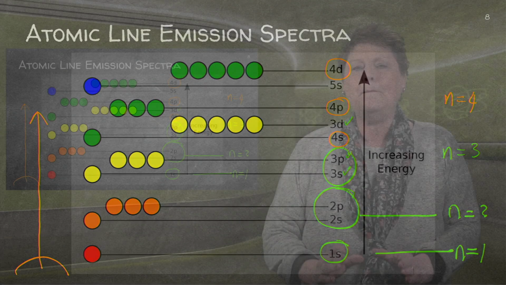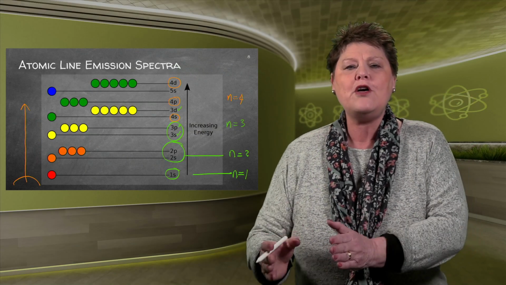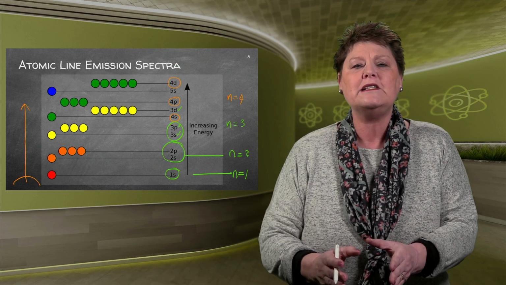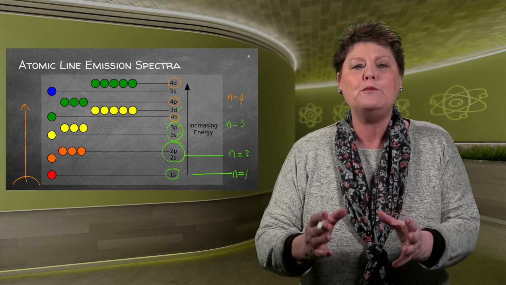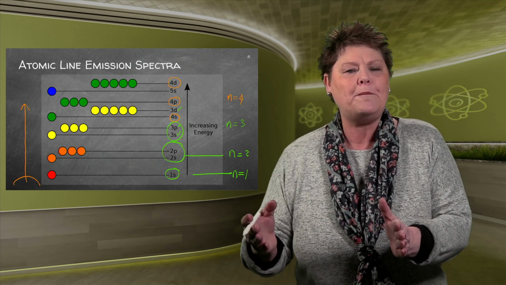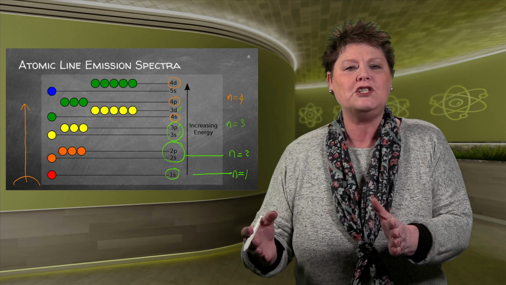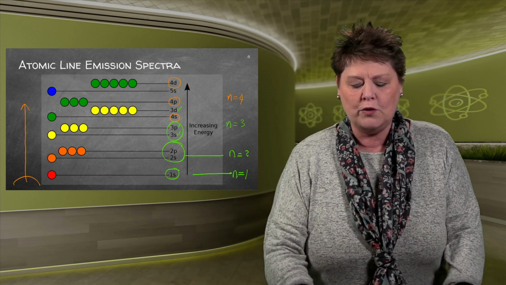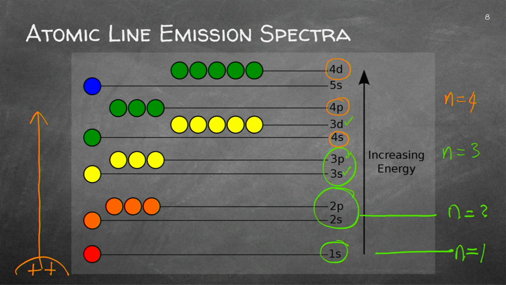I always compare an energy further away from the nucleus to a grade 12 pupil or learner. The more you are away from the parents, you've got more energy. As soon as you go home, which is nearer to the nucleus, you lie on your bed, you sit, you sloth because you've got lower energy. Why is that the case?